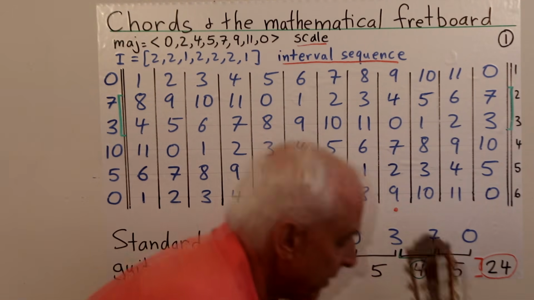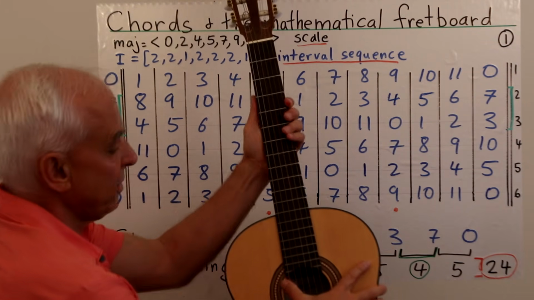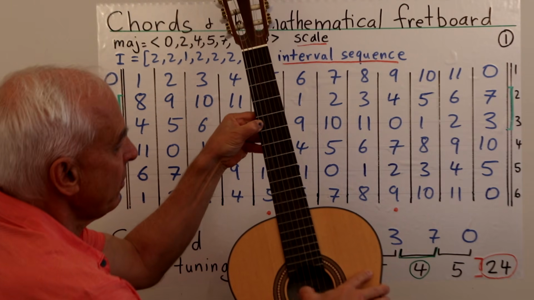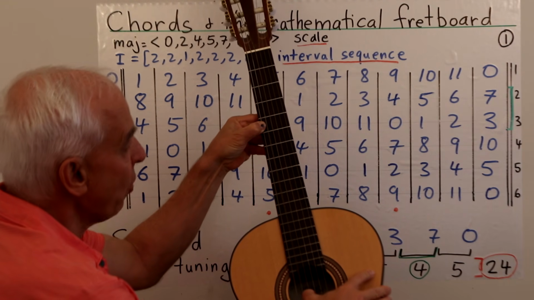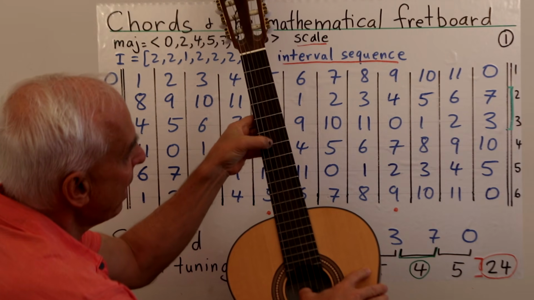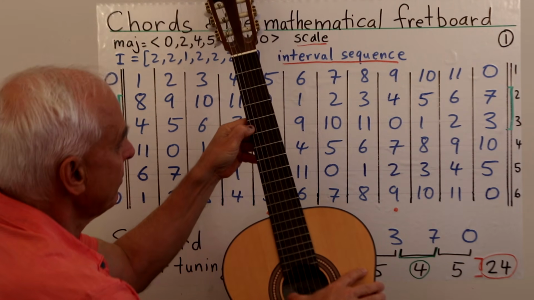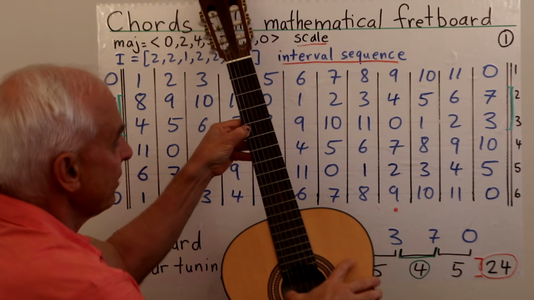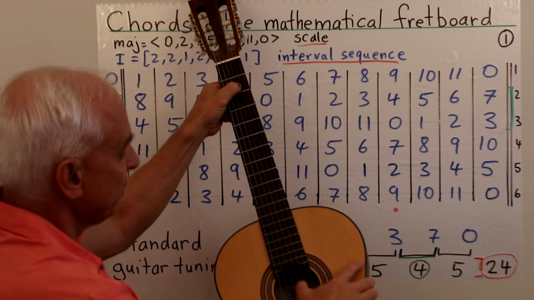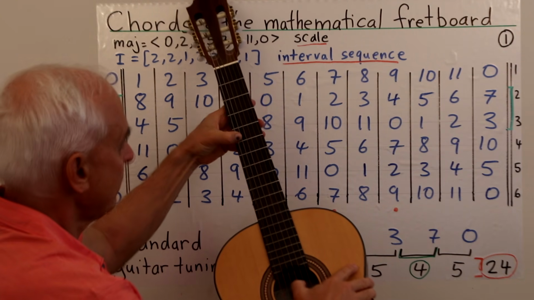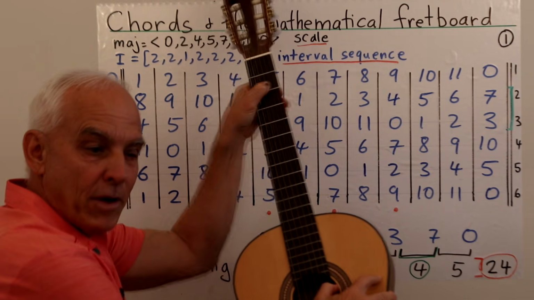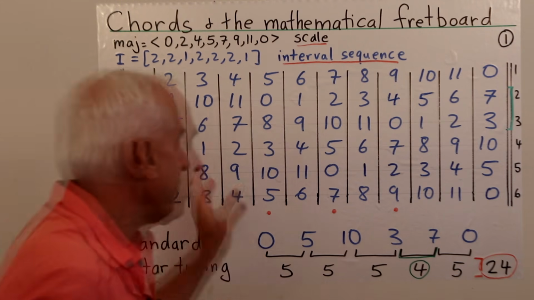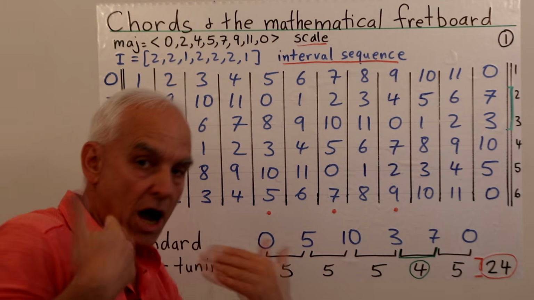So let me illustrate that on the guitar. So maybe I'll do it this way, okay? So if we start here, let's say with that note, okay? So if I want a similar tone, I can go up 1 to this one. Those are the same. And if I want to go in the other direction, I start here and I have to go 1, 2, 3 up to here. So that's an initial orientation to the structure of the fretboard in terms of identifying octaves.